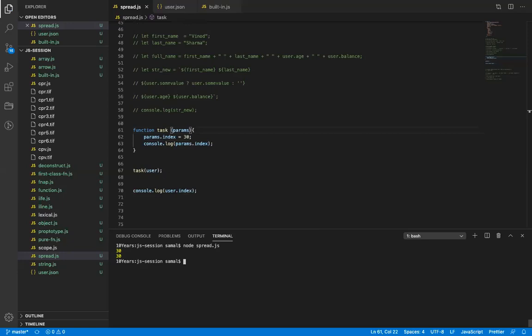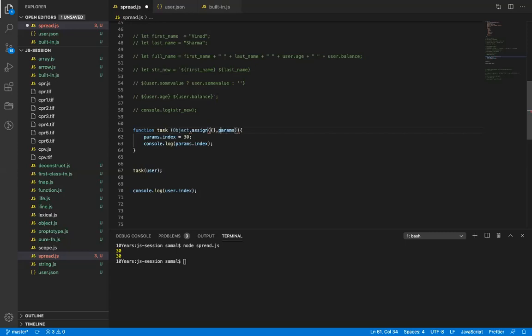This is the ES5. And to achieve a copy of data, you have to use Object.assign. I have to do something like this here. Object.assign, create a new object here, then param, then close it.